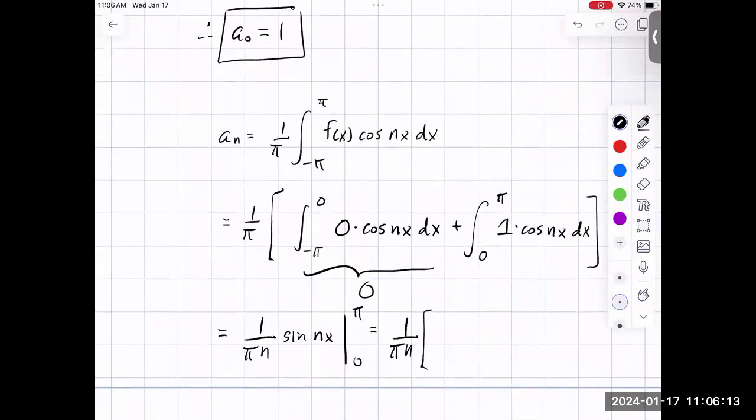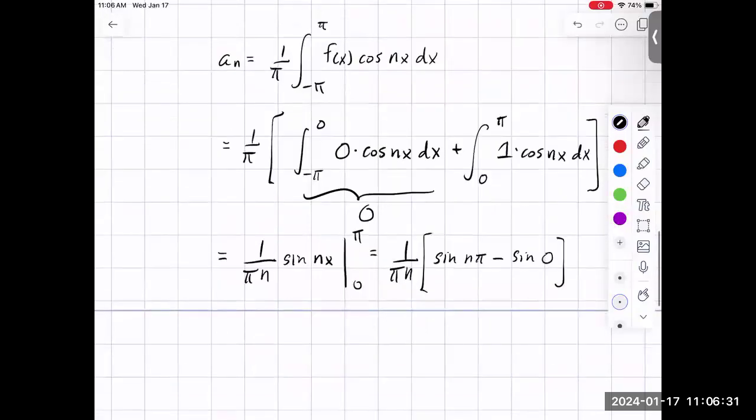So sine nx evaluated between 0 and pi. So it's going to be sine of n pi minus the sine of 0. What's the sine of 0? 0. Yep. And what's the sine of n pi, where n is an integer, like sine of pi, sine of 2 pi, 3 pi, and so on? 0. And so we end up with, therefore, an is equal to 0 for all n is 1, 2, 3, and